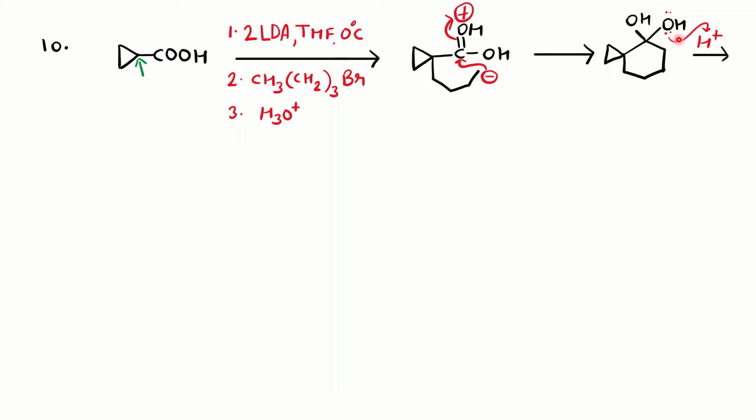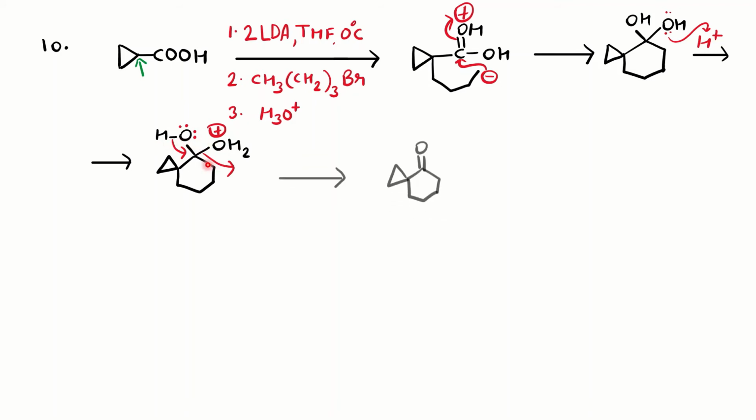Now we know the oxygen lone pair is there, and still the medium is acidic. It will take the proton because rather than OH, H2O is a better leaving group, and you know how this water is released from here. And in that way you are getting the final product here, a substituted cyclohexanone. So from this starting material you are getting ultimately this structure.